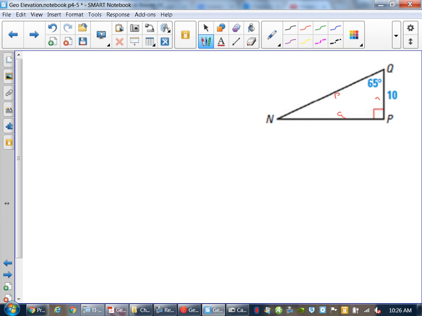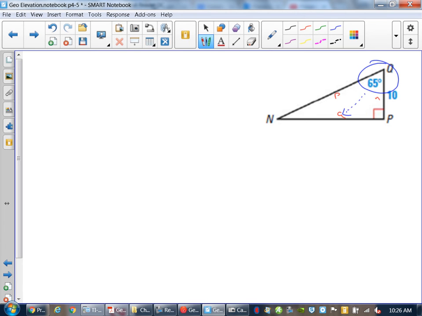Okay? And then you go back and you write down, what do you know? Well, I have an angle and a side, so I circle it. I'm going to use the 65 and that 10 to find everything else. Well, in this example,